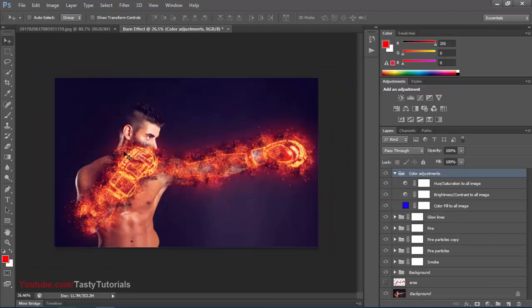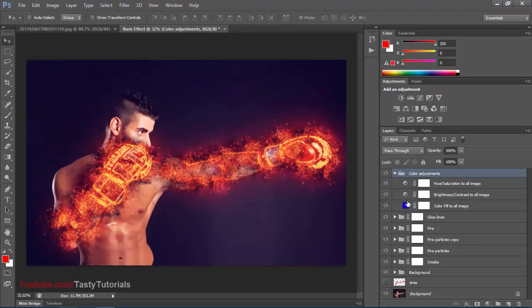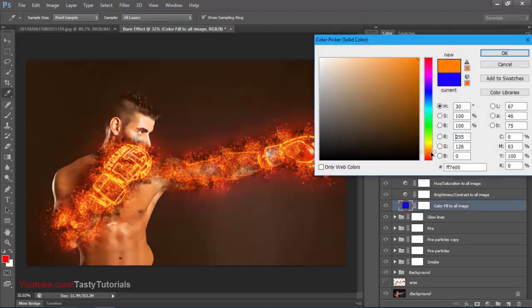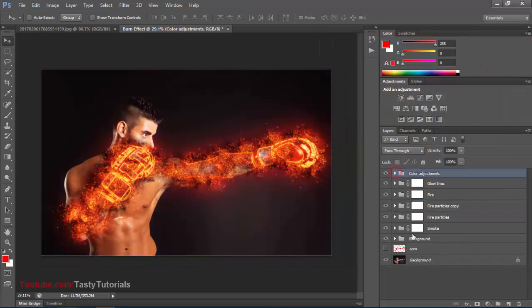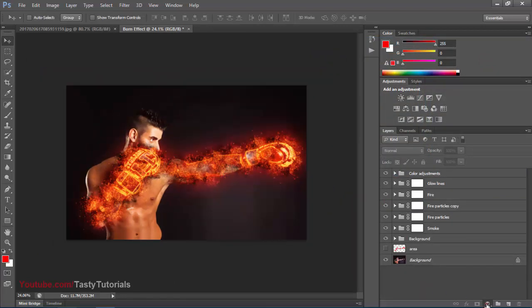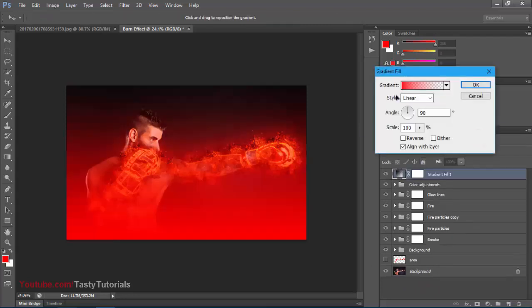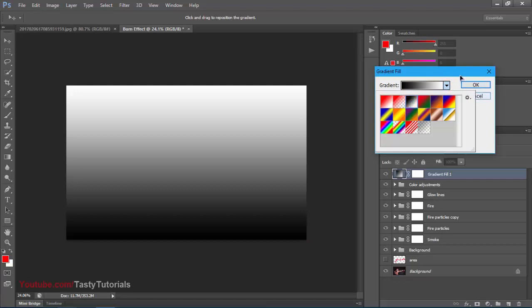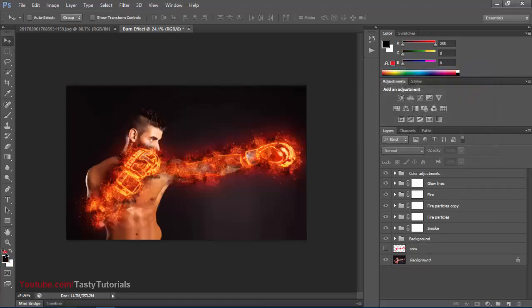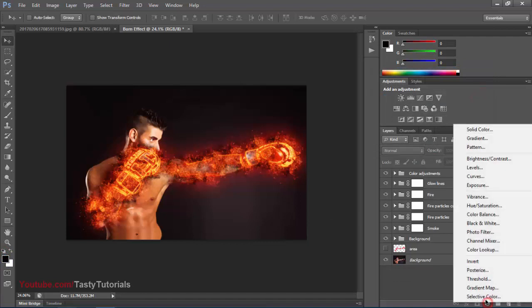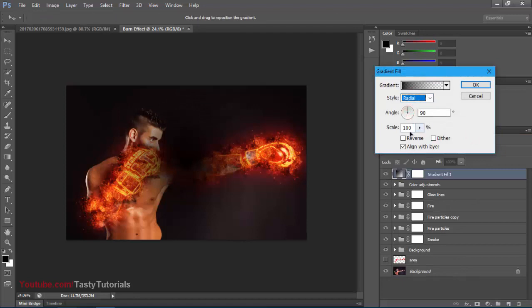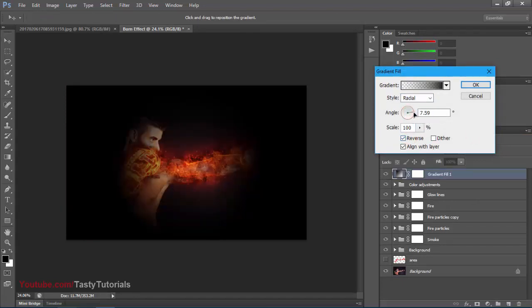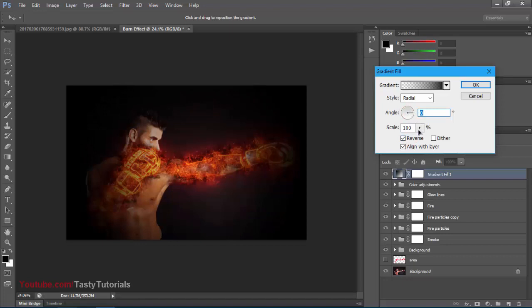So it also looks amazing as this color, but we can change it to a little fire effect, so it could look nice. Or you can just turn off this layer and we'll create a gradient. From the gradient we will simply select black. Oops, sorry, we will not select that. We'll first change this to black foreground color, then we'll go to adjustment, then go to gradients, then change it to radial, then change it to reverse, and then change it to 0, and then we'll increase the scale